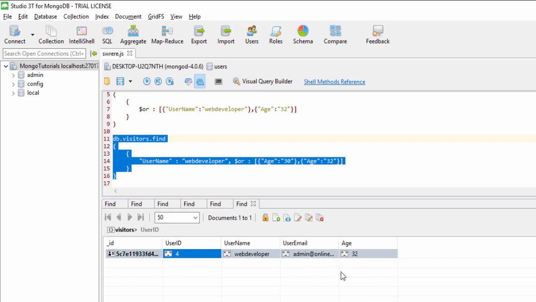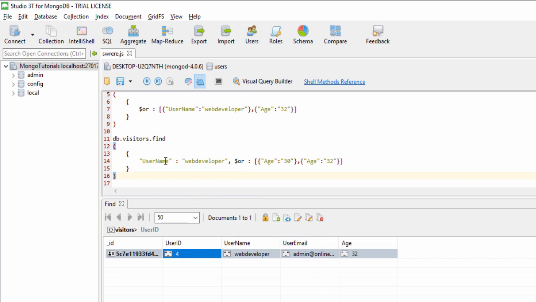Okay guys, I am able to see the value has appeared. So this means this is the first condition. If this condition is available, then find the next condition. The next condition is this one, right? So this video is all about how you can use the AND or operating sign to find the particular record from